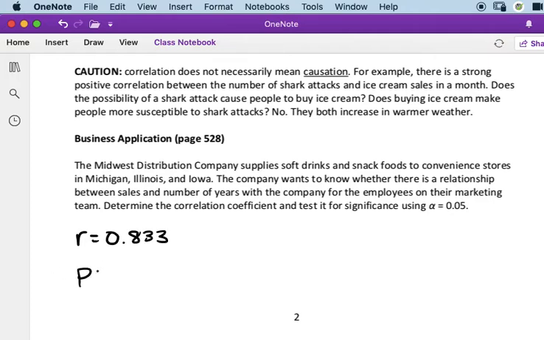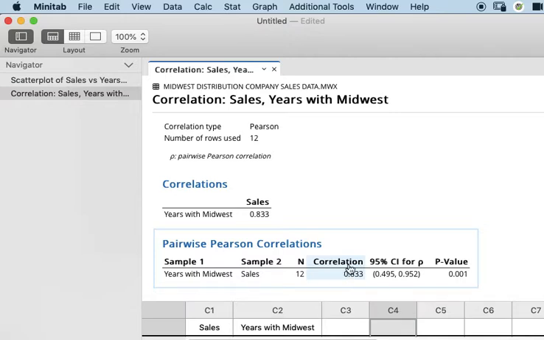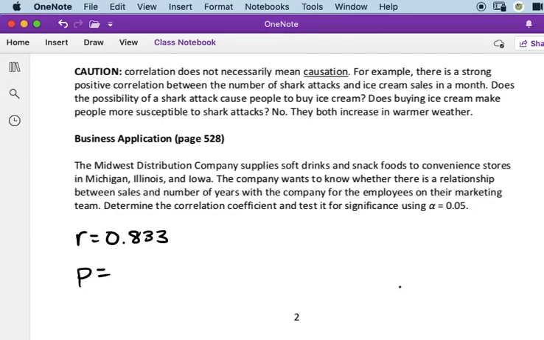And my p-value is found in this pairwise table. The R value is also in this table too, so it's there as well. And then it shows a 95% confidence interval for rho. So we can be 95% confident that our correlation is between these two values. Our p-value is 0.001. So when we compare that to our alpha of 0.05,